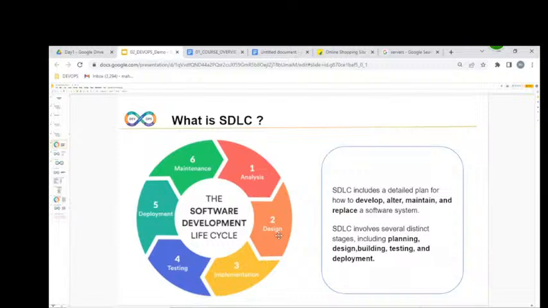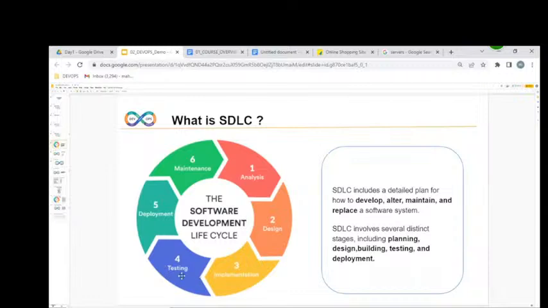Design is nothing but a plan. According to the plan, our developers will implement it using Java, .NET, Python, or any programming language. Once it is implemented, our testers will verify whether it is working or not.